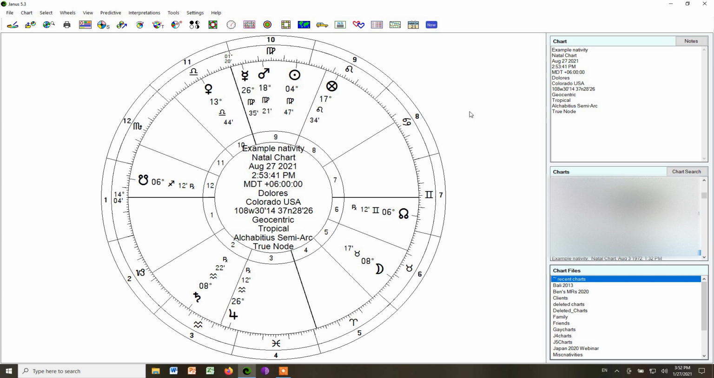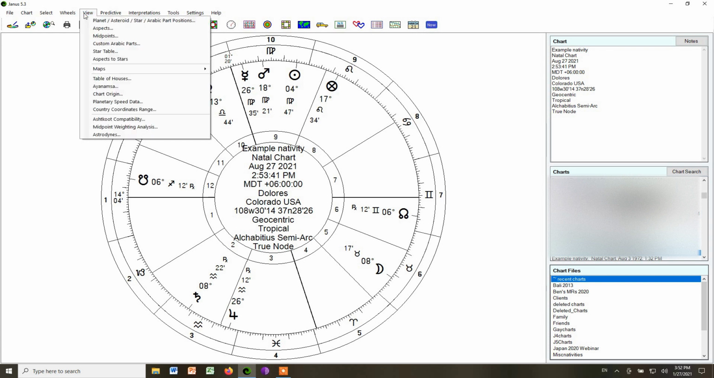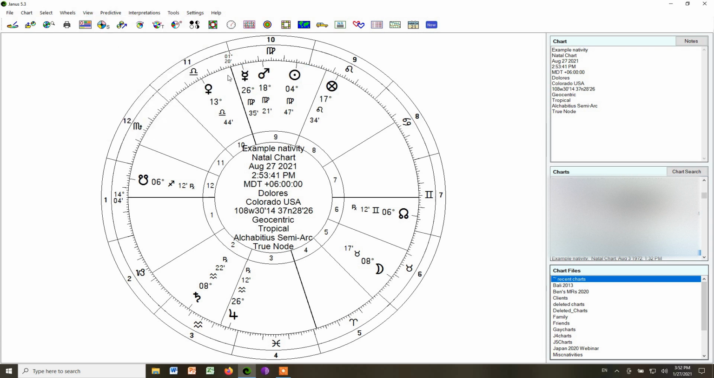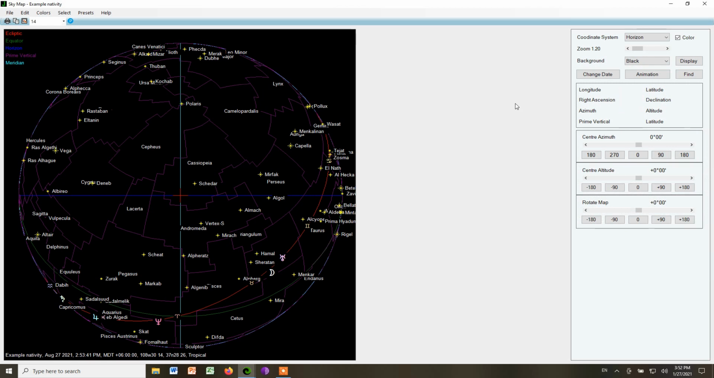Finally, let's look at the sky map. So we're going to go under View, Maps, Sky Map. This is a really amazing feature of Janus. This allows you to look at the heavens, or look at the Earth, from the outside, and it allows you to tell the computer which reference frame you want to use, whether it's the zodiacal, the local horizon, or the equatorial. In this case, we're looking at the Earth from the outside as though we're standing on the eastern horizon. You can see up in the upper right, I've chosen horizon as the